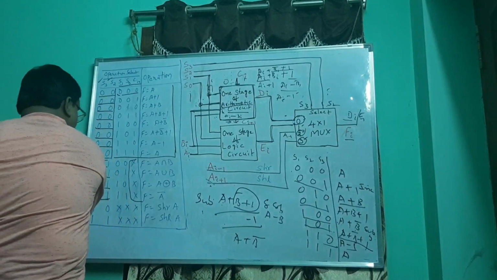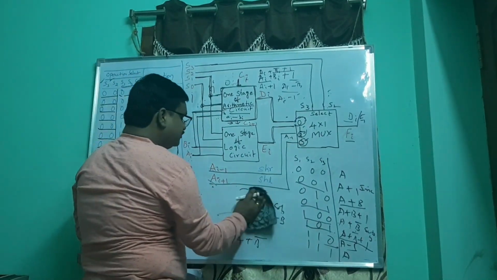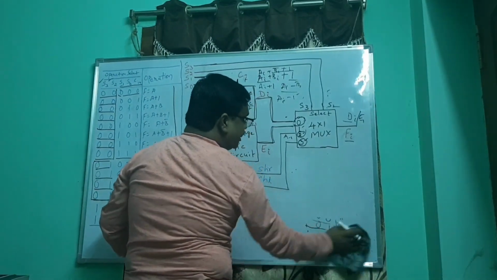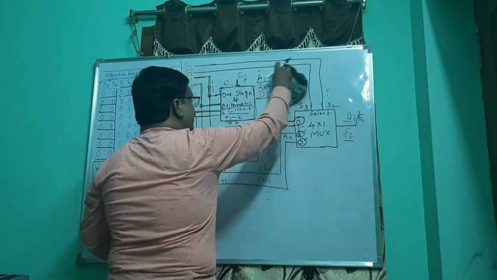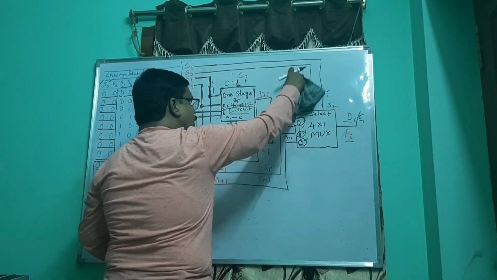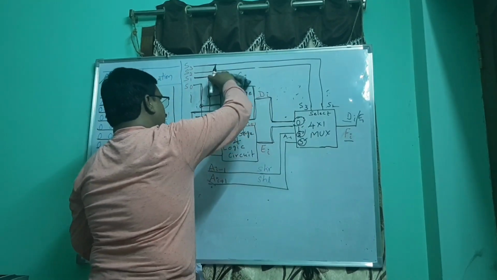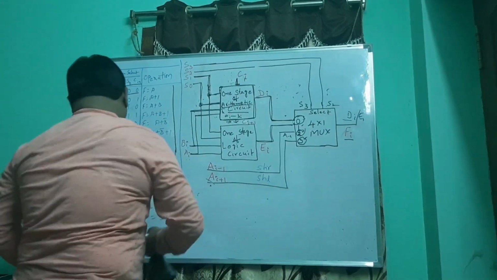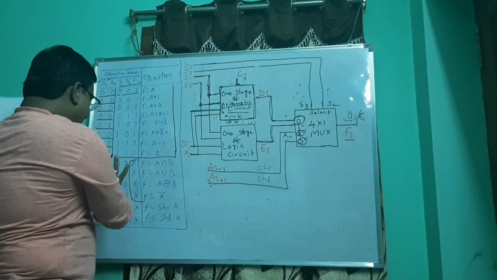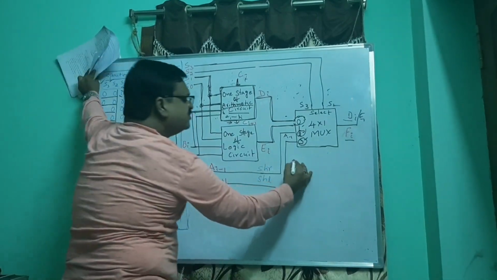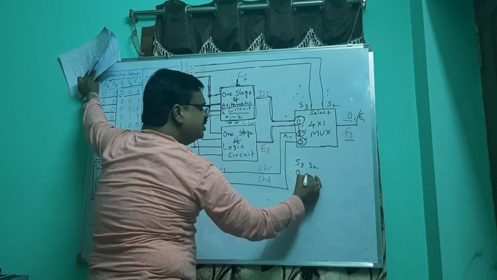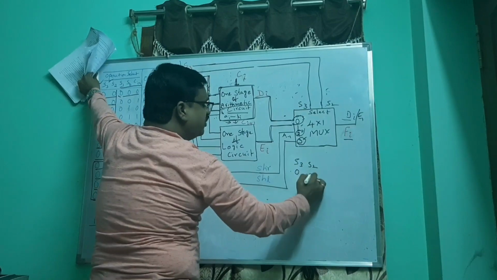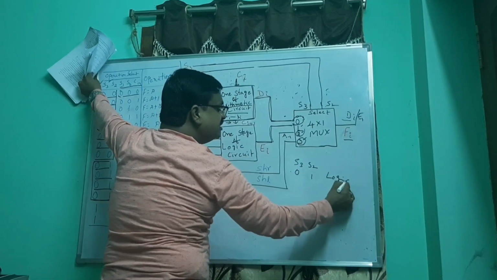If you remember your daily classes, when you simplify truth tables, you might have discussed Karnaugh maps. There, definitely one type of simplification, don't care conditions, you have gone through. Don't care condition, where there will be 0, 1 and x is the third input. So at this point, when S3 and S2 are 0, 0, this arithmetic is over. When S3 and S2 are 0, 1, then as I told you, logical operations.